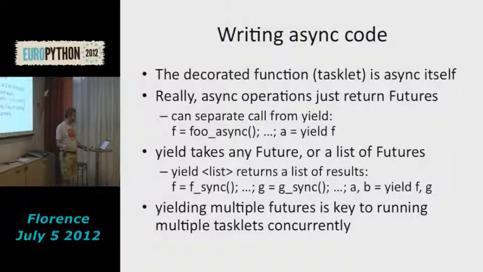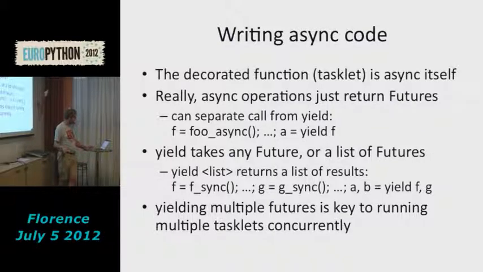Okay, so you don't have to combine the call to the asynchronous API that returns a future with the yield statement or expression. You can just call the asynchronous API and return that future that it gives you to assign that to a local variable. Then go do some other stuff. For example, start more asynchronous calls, collect a whole bunch of futures, or just do some computation. And then when you're ready for the results, you yield a future. So that's one way that you can overlap work